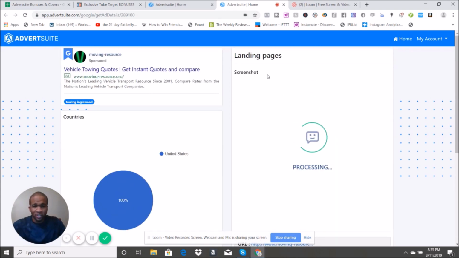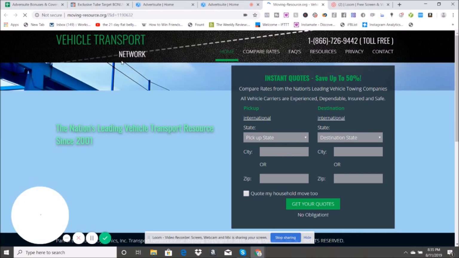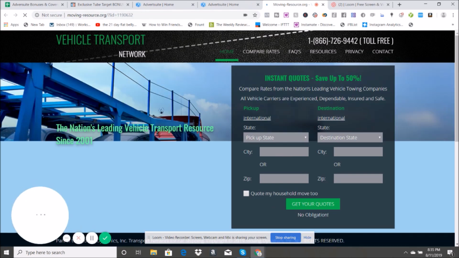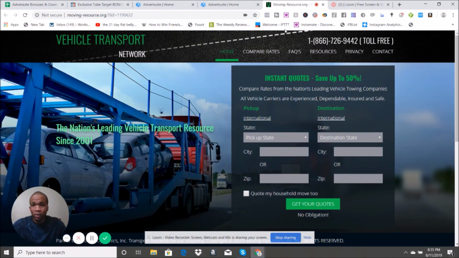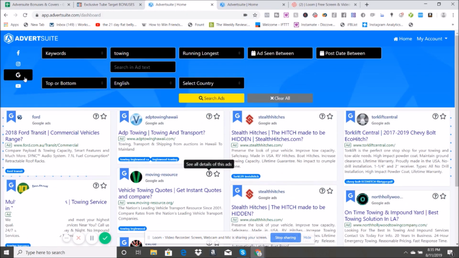Now they're going to show you what landing page that Google ad is sending to as well. See if it's still up. As you can see, vehicle transport network. All right. So this is really good, the Google ad option on the pro version is actually